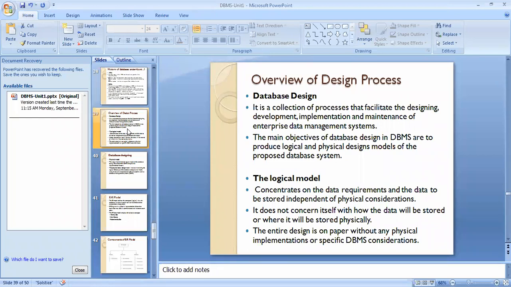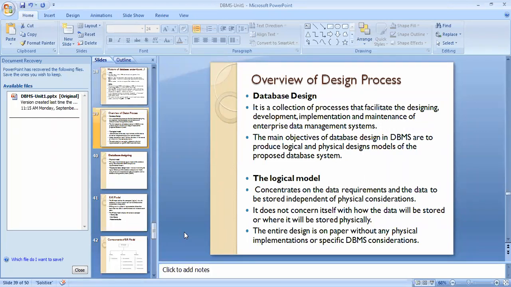It is conceptual, and for communication between the naive user as well as the technical person, we draw the diagram on paper. How to draw that diagram we will see later, but it is to make the communication clear between the naive user as well as the professional database user.